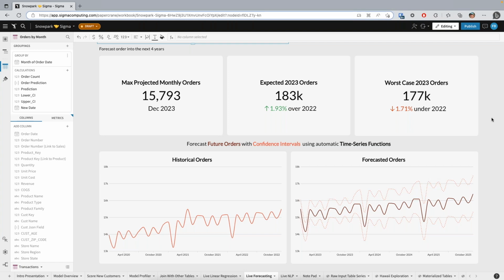Are there any other questions about Fran's data science workbook here? Looks like Shanti is asking if the Snowpark optimized warehouses are being leveraged. I think, Fran, you had answered that. Is that right? They are not here, but they absolutely could be. If you have, for example, a Sigma workbook that is heavy on Snowpark calls, that would be a great opportunity to use the Snowpark optimized warehouse. Wonderful. All right, looks like we're all set.